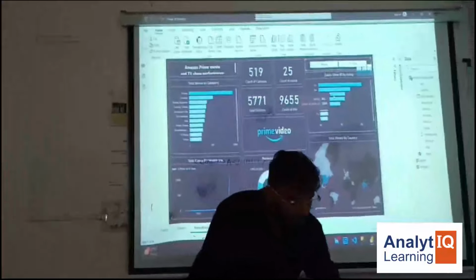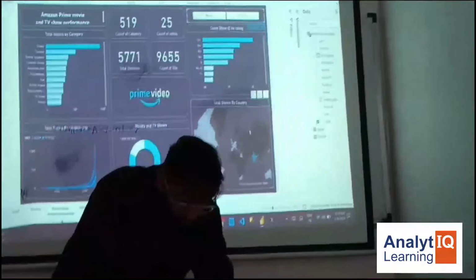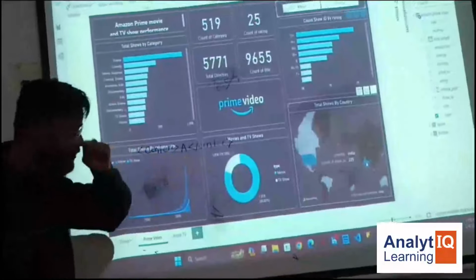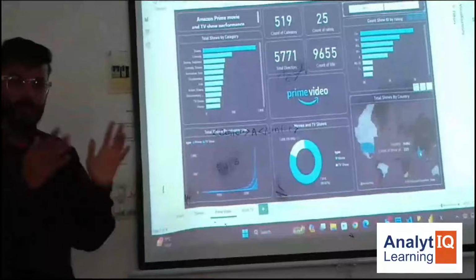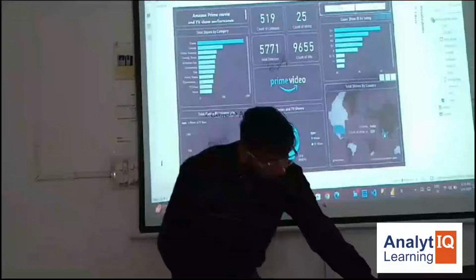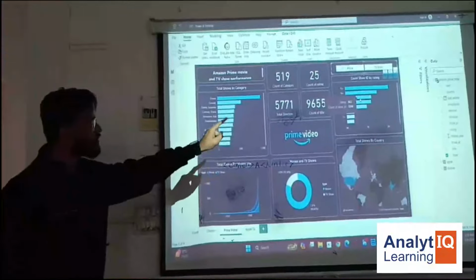So the last visualization shows the country. Okay, so what if you move your cursor to India? It shows the count of show IDs as 229, meaning the total count of show IDs in India is 229. Okay, and if you move your cursor to the US, right,